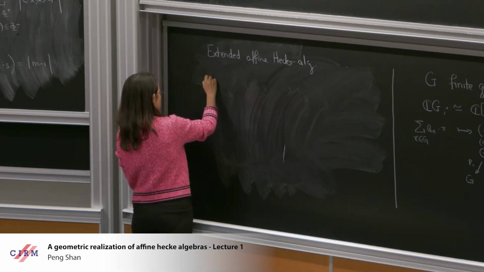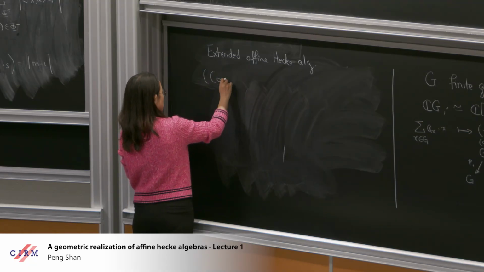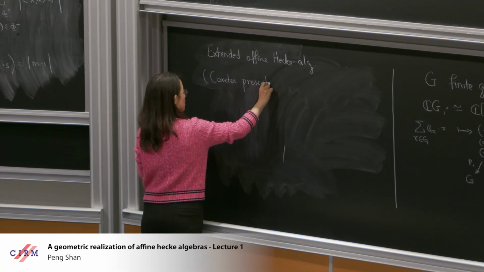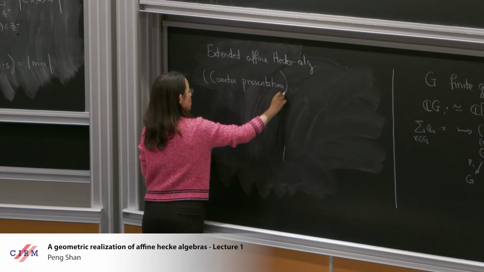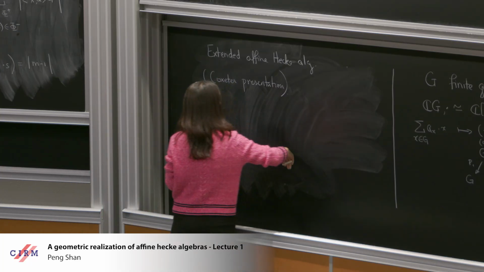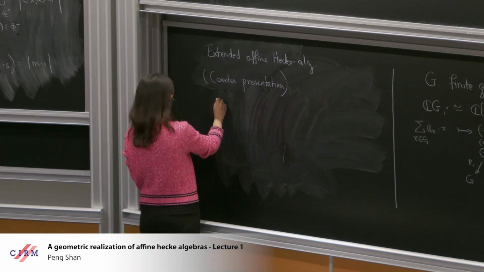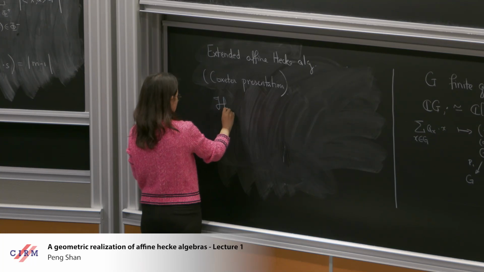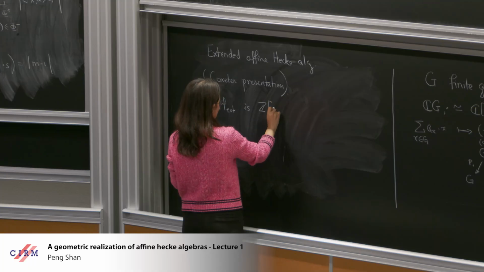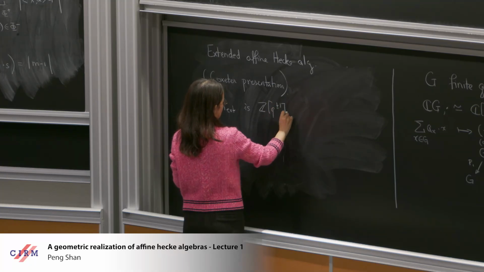I will call it the Coxeter presentation. We will go on by making Q a formal variable, and you can even work over Z. So this H extended is a Z[Q^{±1}]-algebra